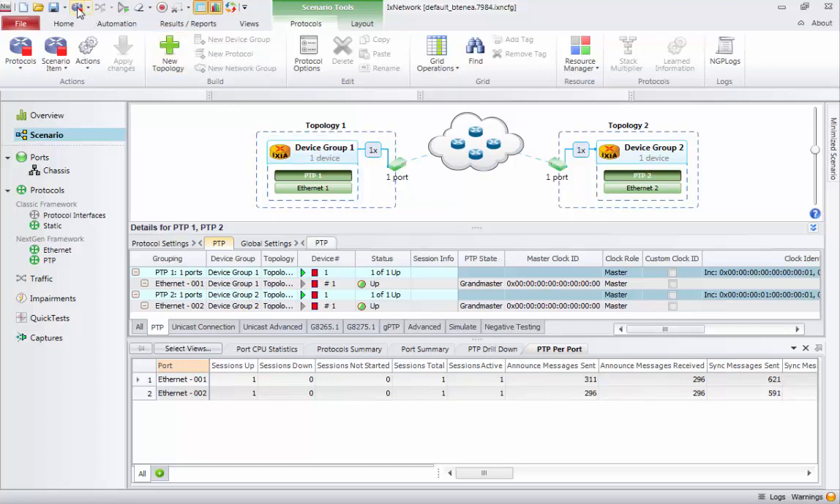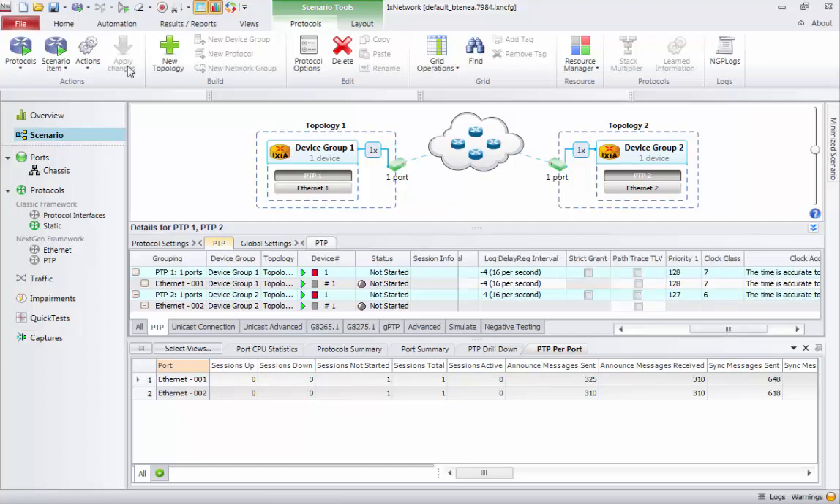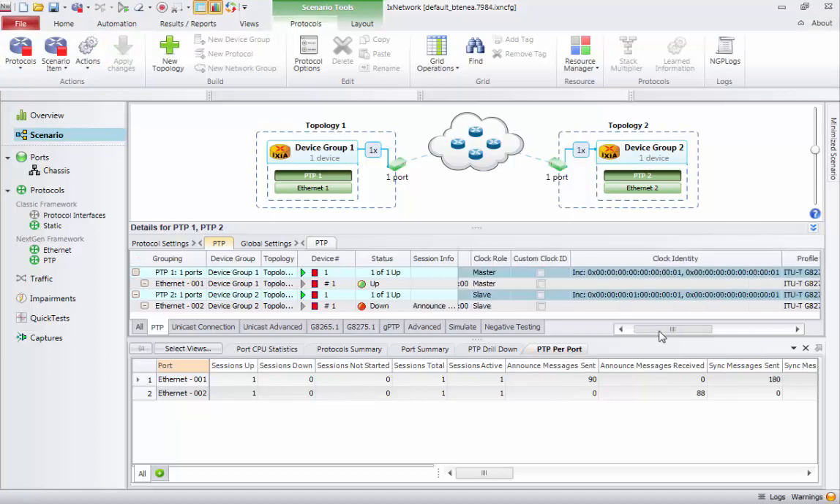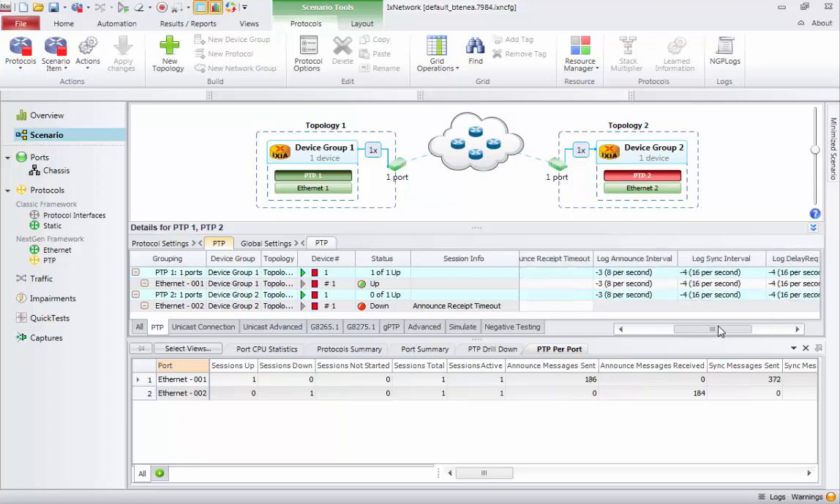And last of the options, G.8275.1 has specific values for each of the field types that it accepts. For example, clock class has a very restricted set of values that it can accept. If I set an invalid value for the clock class, like for example 60, and apply the changes, I will immediately see the slave session going into announce receive timeout because it's ignoring the announce messages